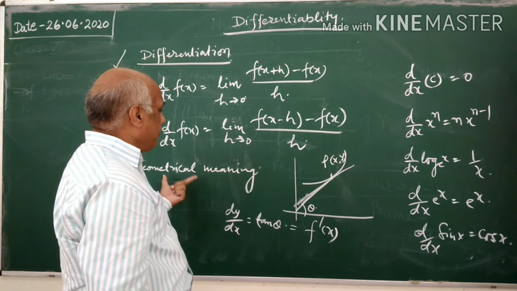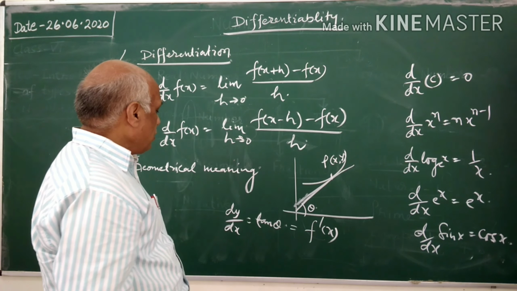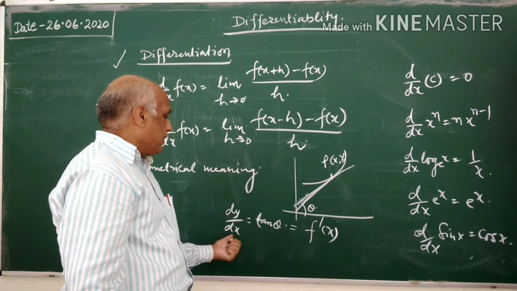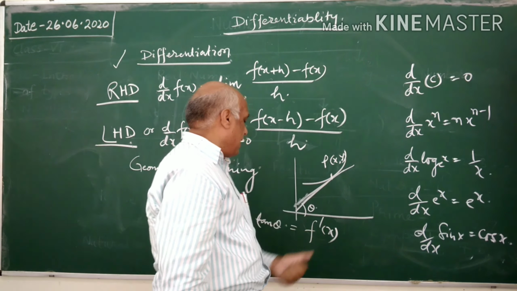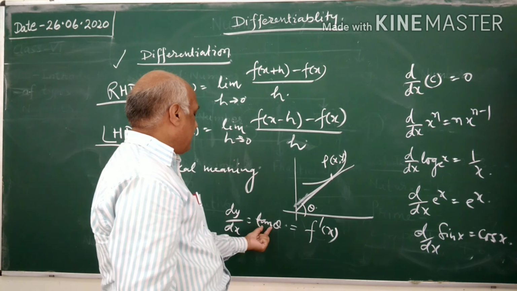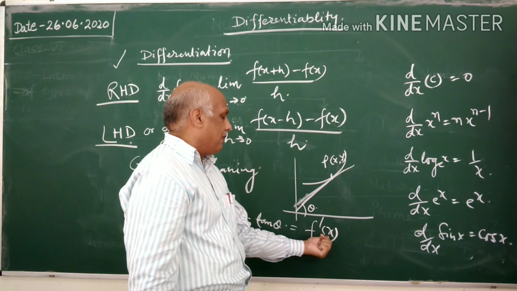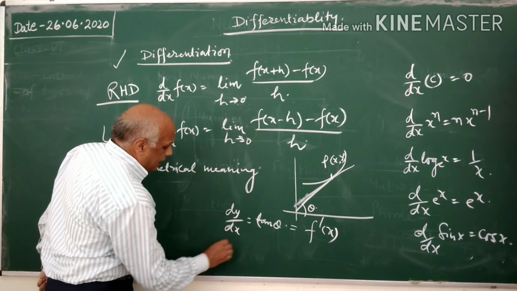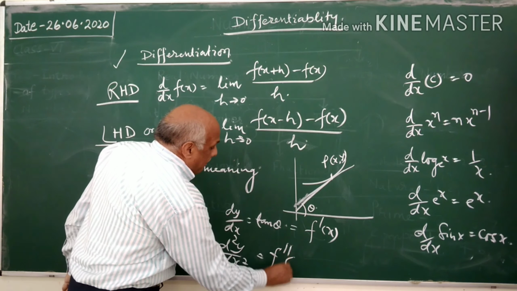This has also a geometrical meaning. What is the geometrical meaning? The differentiation shows the slope of a line at a point. Say dy by dx is tan theta at a point P whose coordinates are (x, y). This shows the slope of the tangent, tan theta, dy by dx. That is also represented as first derivative f dash x. Second derivative d2y by dx square may be represented as f double dash x.